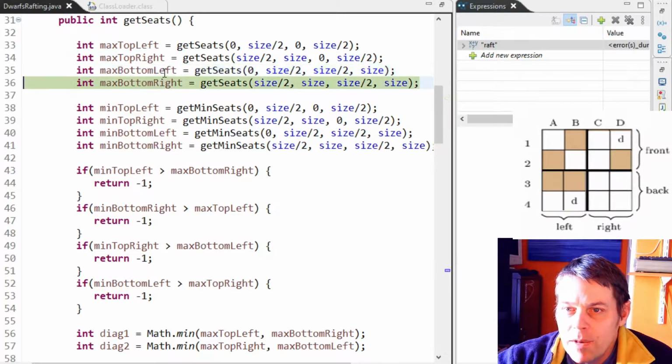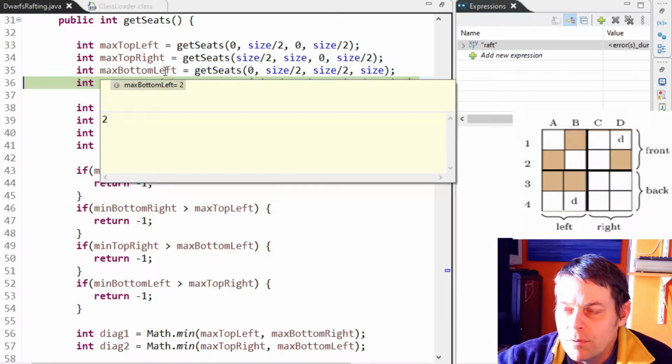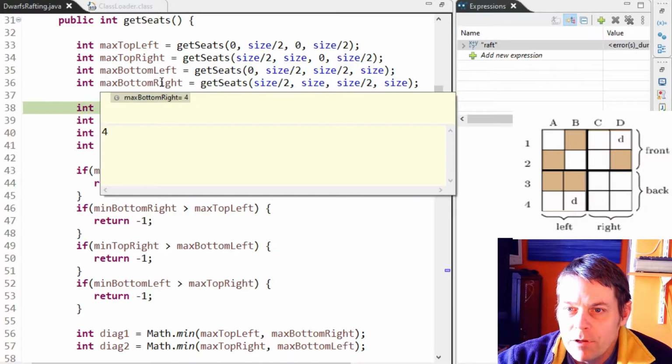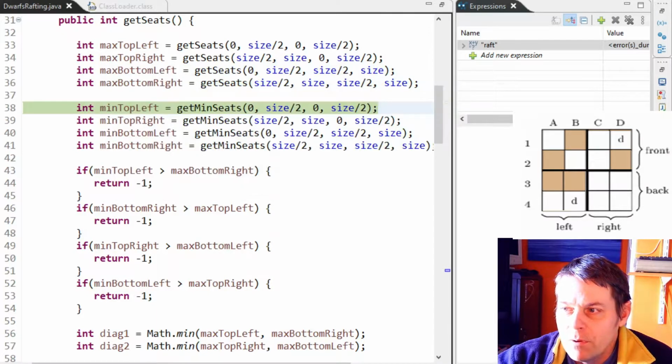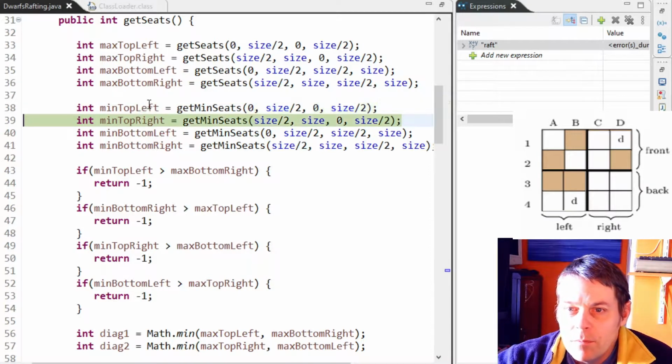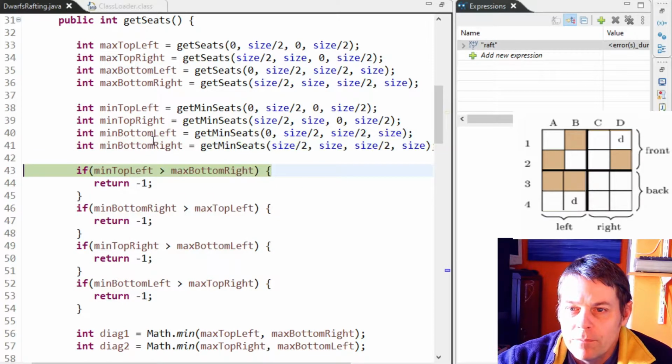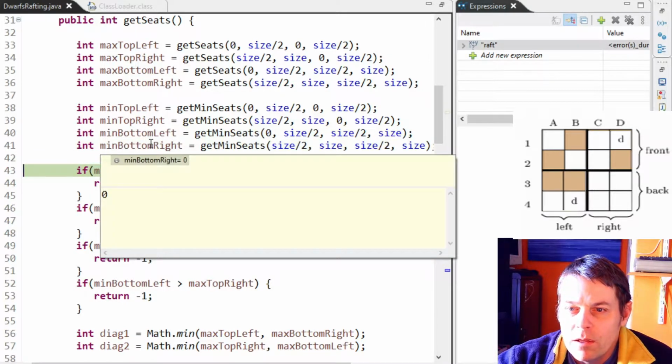The bottom left we have 2, so that's the top right in our diagram, and the bottom right we have 4, which is right. Then the minimum we can get in top left is 0, top right is 1, bottom left is 1, top right is 0,